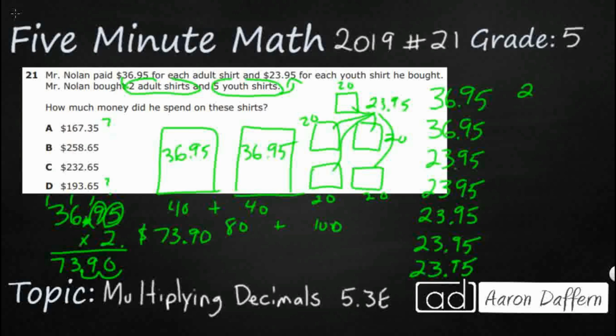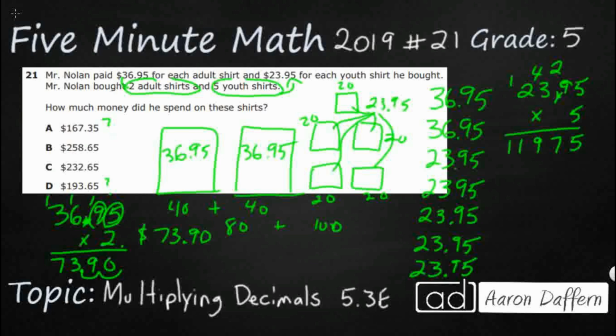Now I've got a little bit of a bigger problem here. I've got this 2395. Need to multiply that by 5, but we're going to do the same thing. We're going to pretend like that decimal is not even there. We're going to pretend it's 2,395 times 5. So 5 times 5 is 25. Let's see, we've got 9 times 5, that's 45, 47. Add that 2 back in. 5 times 3 is 15. Add that 4 back in is 19. 5 times 2 is 10. Add that 1 back in, 11. So it looks like